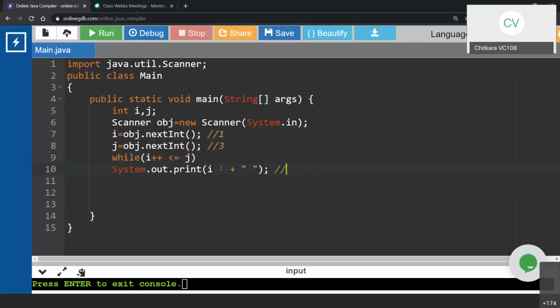Let's try to understand this. What is i? 1. What is j? 3. What is this expression, i++ less than equal to j? Is it a pre or post? Post. That means at this point,